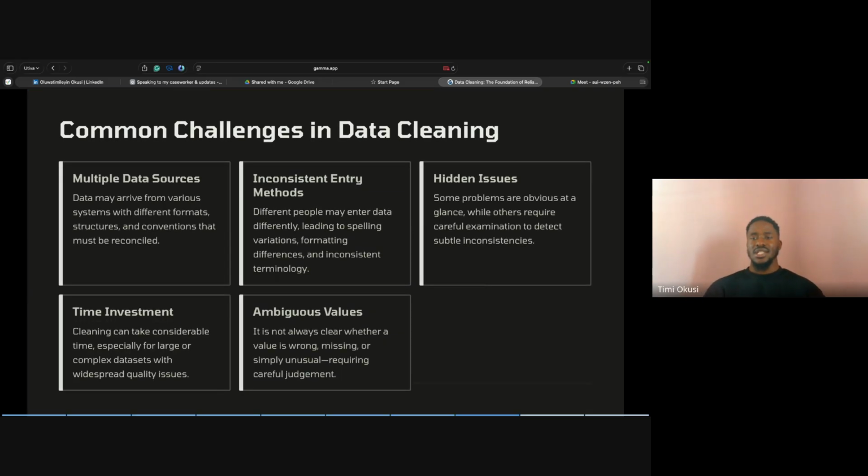So what are the common challenges in data cleaning? The first challenge is multiple data sources. Data may arrive from various systems with different formats, structures, and conventions that must be reconciled. What this means is, if you have different data sources, I'll give you a good example, which is what I gave before, the Excel file, the data flow. Let's say we have another Excel file, and all of these are student data, right? You have to make sure that the data format for the student ID, for example, is the same and is consistent across all